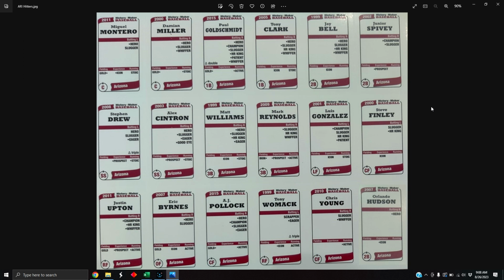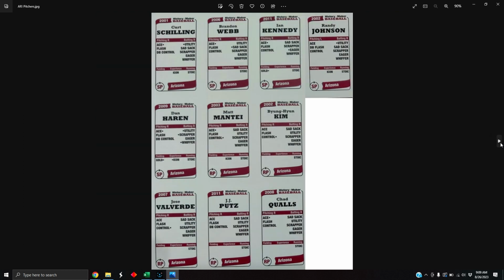And so that's why I've taken pictures of all these cards, the physical cards, and uploaded these sheets. I have a sheet for each team for the hitters and a sheet for the pitchers. And unlike the prior league, the Payoff Pitch League, where I had an individual picture of each card,